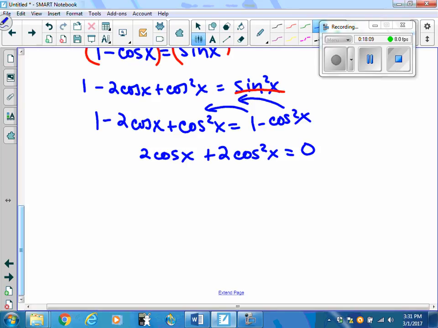At this point it doesn't really matter if I flip-flop it around. I'm just going to take out a greatest common factor of 2 cosine x, which leaves me with